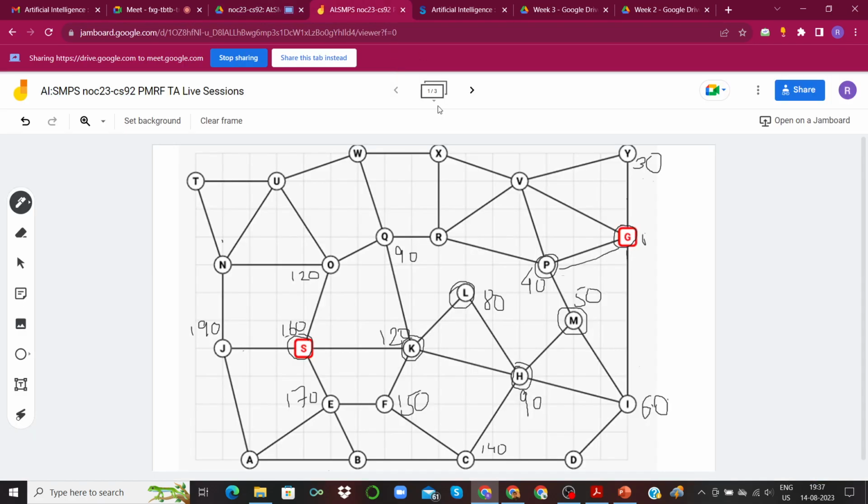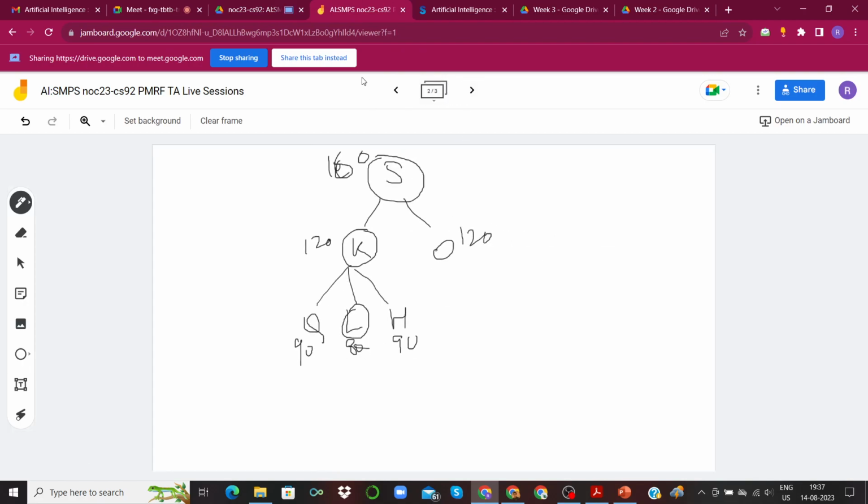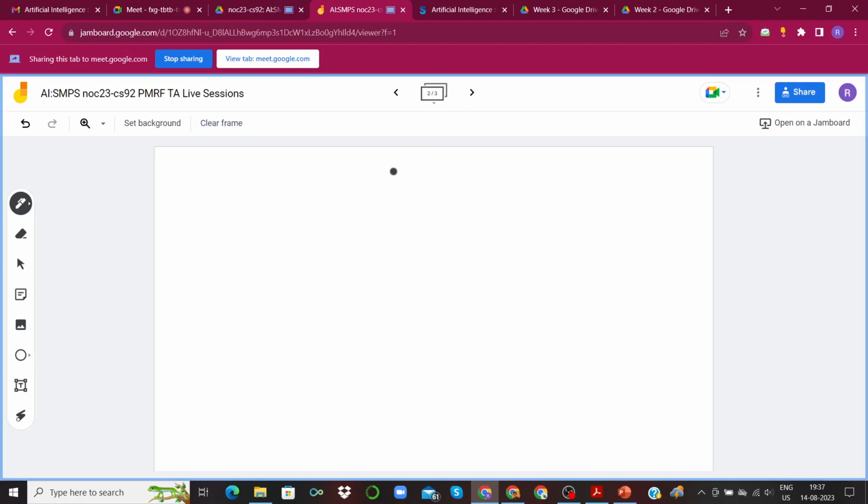So let us write it down. This is the start state that is given to you, which basically means that A has the value 1, B has the value 0, C has the value 0, D has the value 0 and E has the value 0.